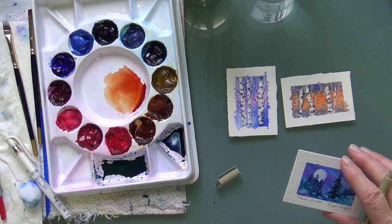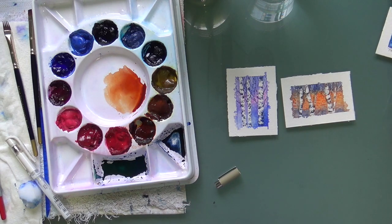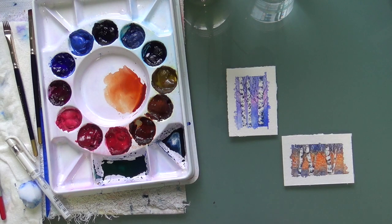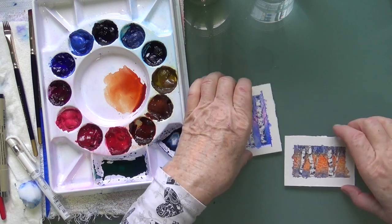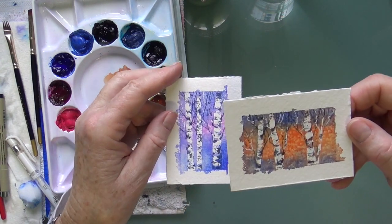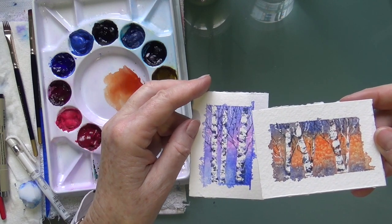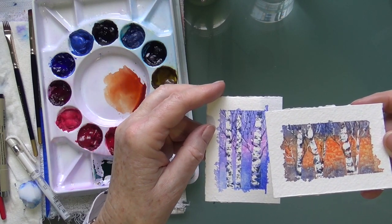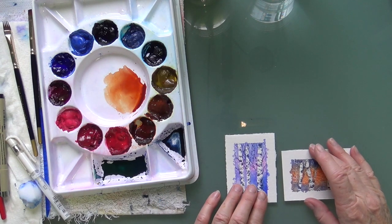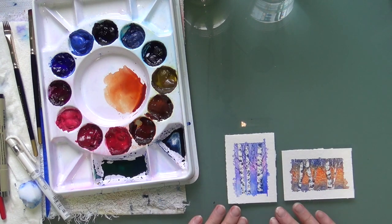I usually put them in a little black frame that I buy at the framing store. These little tiny frames that fit 2.5 by 3.5. But here are the two other ones, and as you can see, the paint ran under the tape. And when that happens, I usually have to clean it up, and I'm going to show you how to do